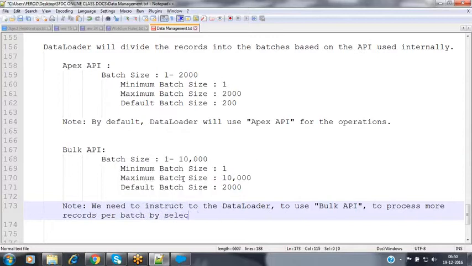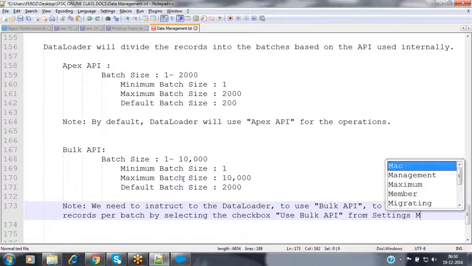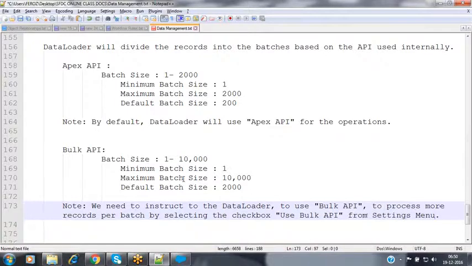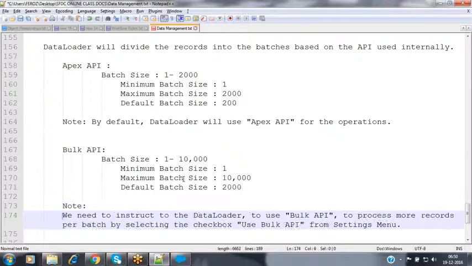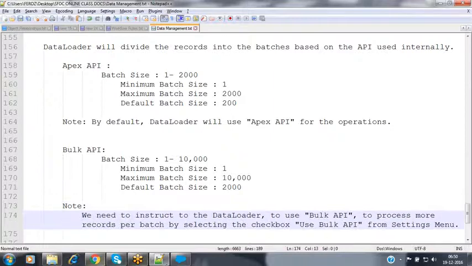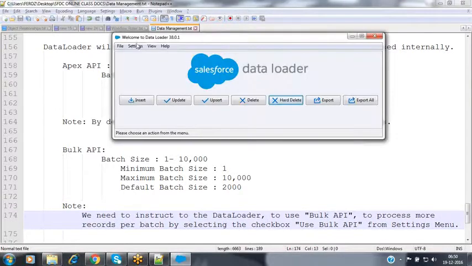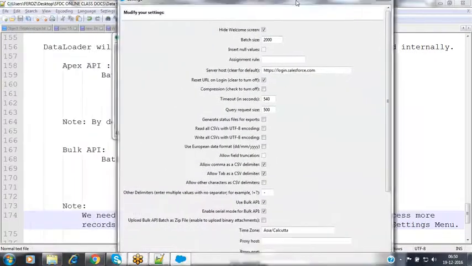By selecting the checkbox, use bulk API, from the settings menu. From the settings menu, we have to select that checkbox, use bulk API. Whenever you are selecting that use bulk API, let's see here. Go to the settings menu, click on settings.